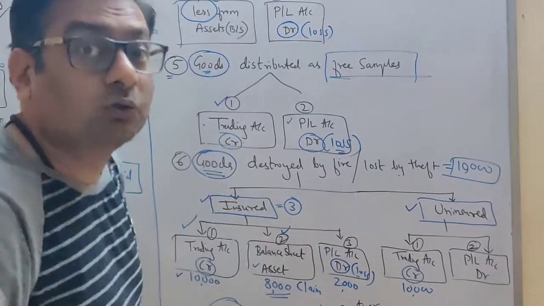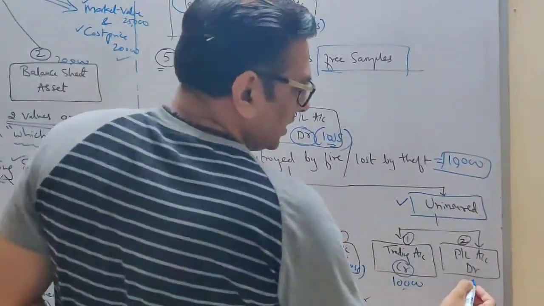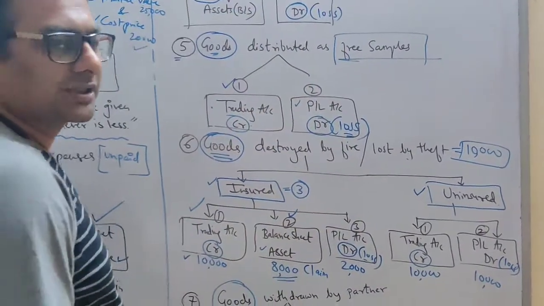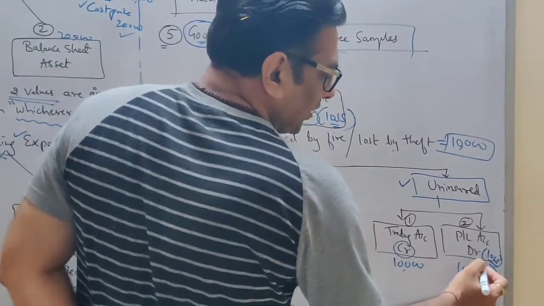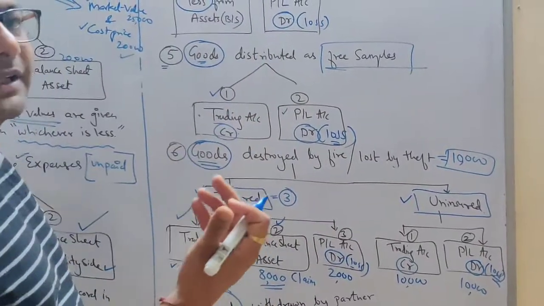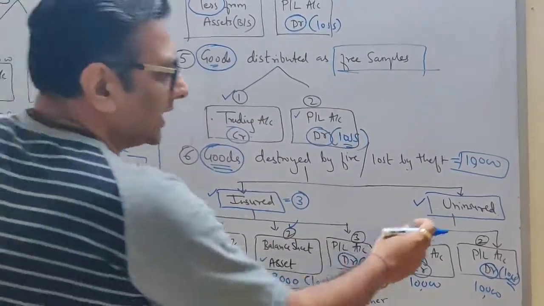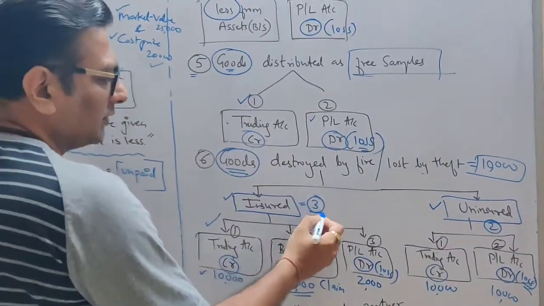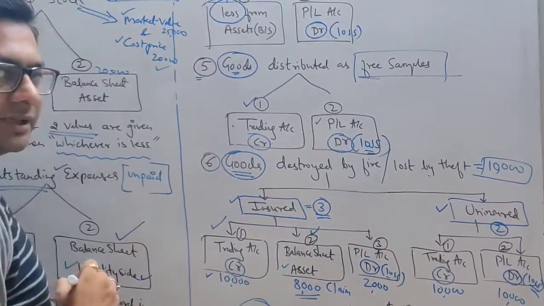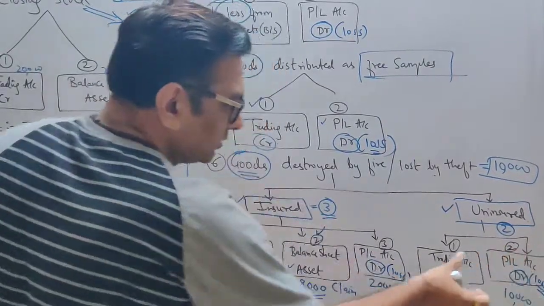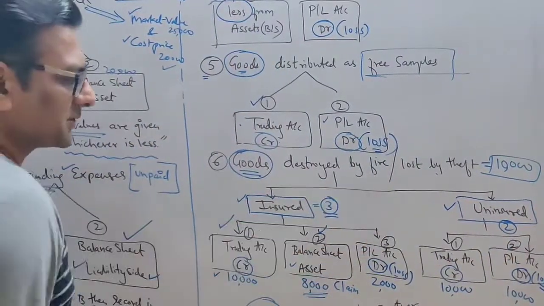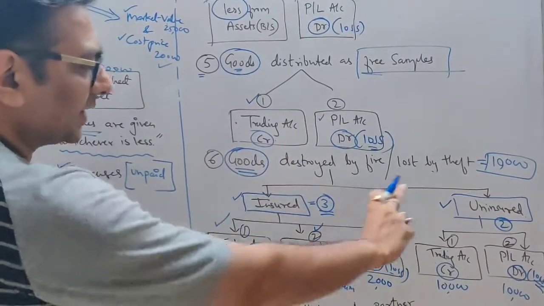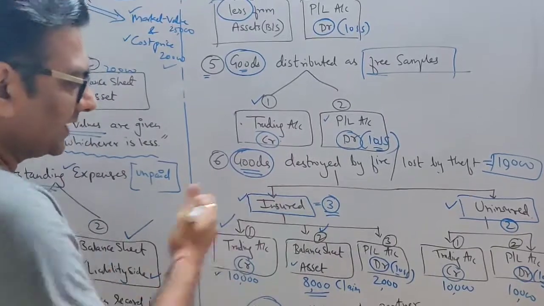So the entire amount is a loss. So where to write the loss and how much is the loss? The entire amount is a loss, 10,000. So show this loss on the debit side. Debit all expenses and losses. So if uninsured, you are going to give 2 effects. If it is insured, you will give 3 effects. Am I clear with this? So just take down the amounts also for understanding this adjustment, students. You can pause the video and write down the amounts for better understanding.